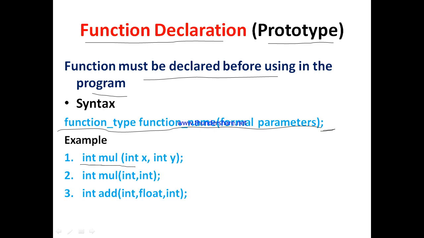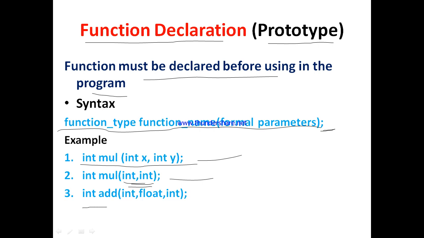Now here, int mul(int x, int y), this is the syntax of function declaration. In the case of function declaration, we don't need to write the name of the variable inside the brackets. When we are declaring the function, always remember what I am saying. While declaring the function, we don't need to write the name of the variable, we just need to specify the data type. So from the data types and the number of data types, the program can understand